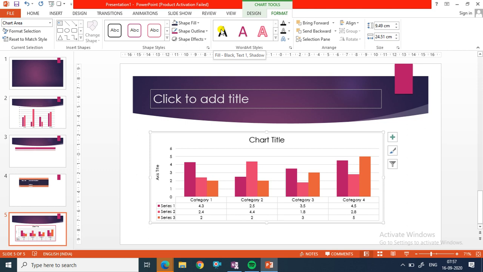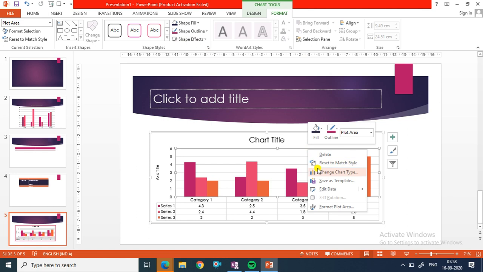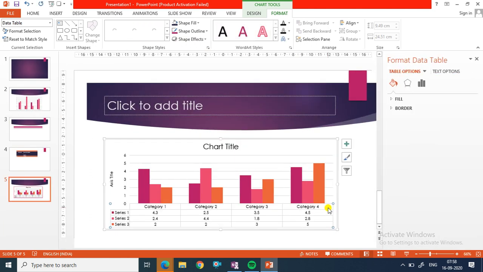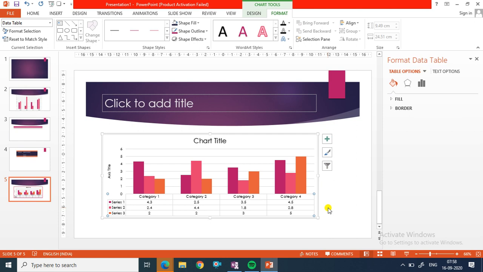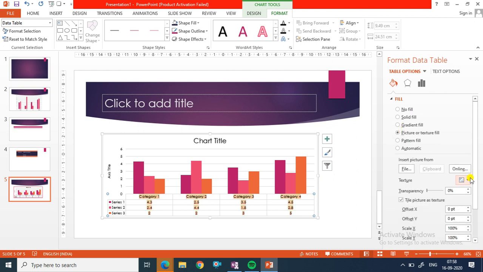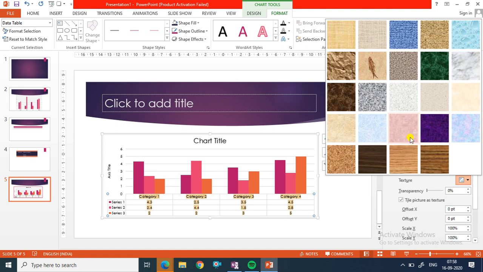Again you can modify the plot area. Select any chart on the slide, right click on it and click on format plot area. So the format option is provided here. Suppose I want gradient fill or texture, picture. From here.